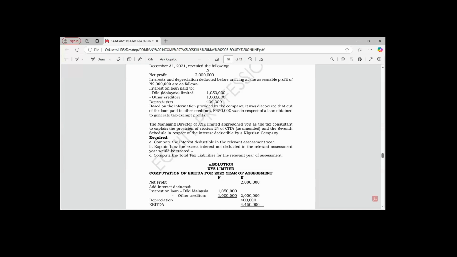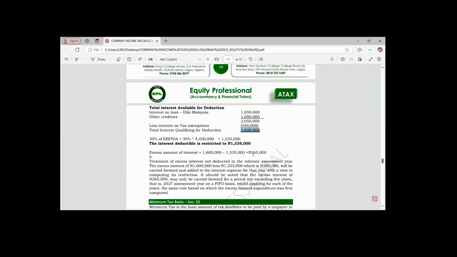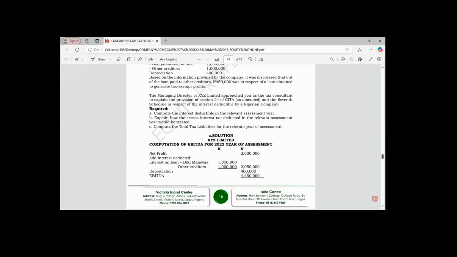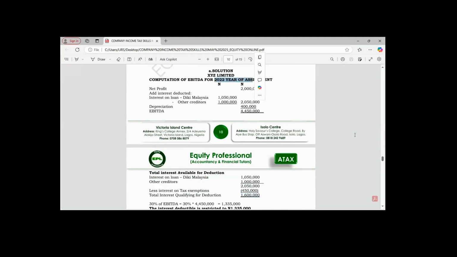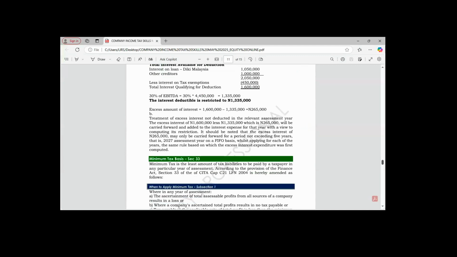To subsequent year for a maximum period of 5 years on a first in, first out basis. So that means the excess amount of 265,000 will be available for relief from year 2023, because this year of assessment is year 2022. From year 2023 it will now be 5 years: 2023, 2024, 2025, 2026, up to 2027, 5 years, up to 2027 year of assessment on a